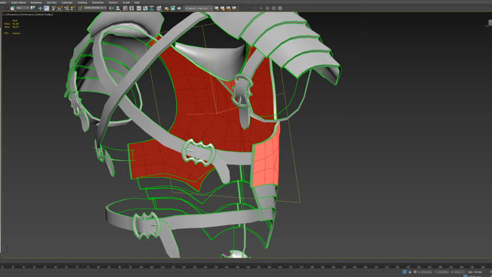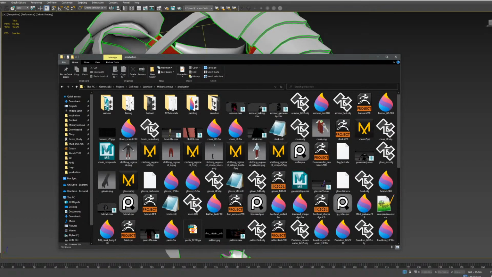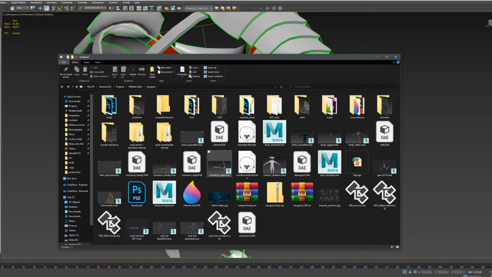One thing to note is to double check that the TGA that you're applying to the mesh in the shader in Max has an alpha channel. So if I jump back to the Isengard model,